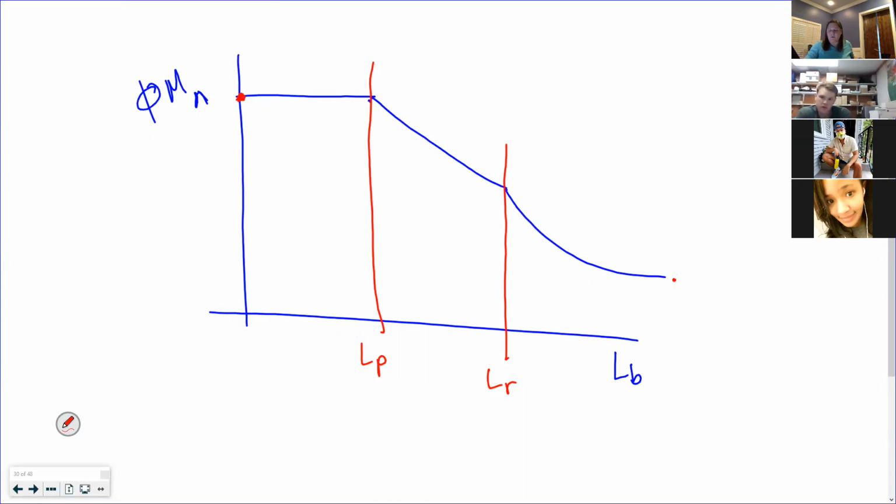Your moment capacity is going to depend on your unbraced length. If you are less than your LP, then your FMN is your plastic moment. If you're between these two, you have to interpolate, and it gives you the equation to do that in the beam section. If you're out here, I remember doing that from the steel class. If you're out here, that's on a chart, isn't it? Yeah, and if you're out here,